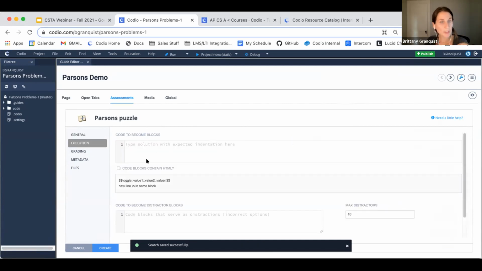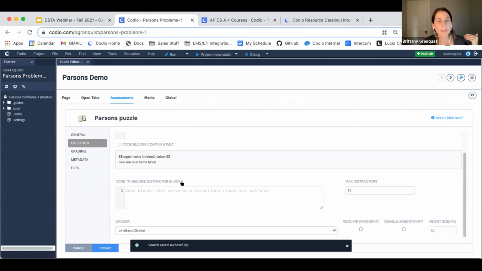So under execution, I'm going to put the actual answer here. So I'm going to make a list called my list, and it's going to contain some random numbers. But remember, the directions are that we want it to print true. So what I'm going to do here is I'm going to print 3 in my list. So this is the correct code. It'll print true, right? But you can also throw in some distractors. So maybe I want to throw in a distractor that there's also a list, but it doesn't have 3 in it, right? Or maybe there's also a list, but it has a different name. It's list 1, and it does have a 3 in it. So they really have to be thinking about a couple different features here.